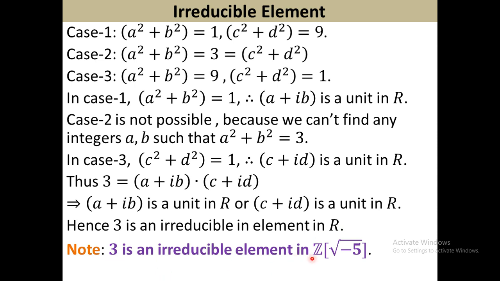Please check it. I discuss Z[root minus 5] after giving the definition of prime element, in example 2 and example 3. Please see those examples, then you get the operations of Z[square root of minus 5], and then you can calculate whether 3 is an irreducible element by that process. Please try at home. I hope you can solve that problem. If you have a problem, you can comment in the comment box or mail me, and I will solve it.